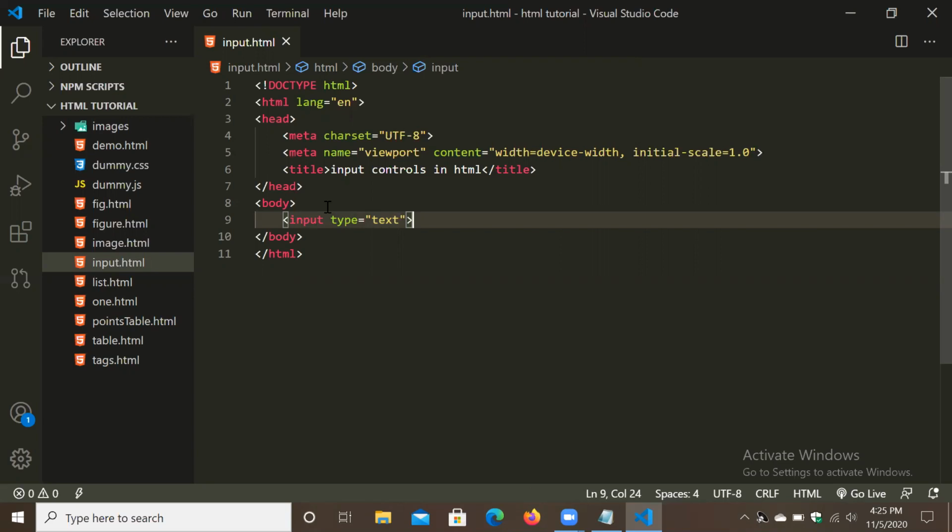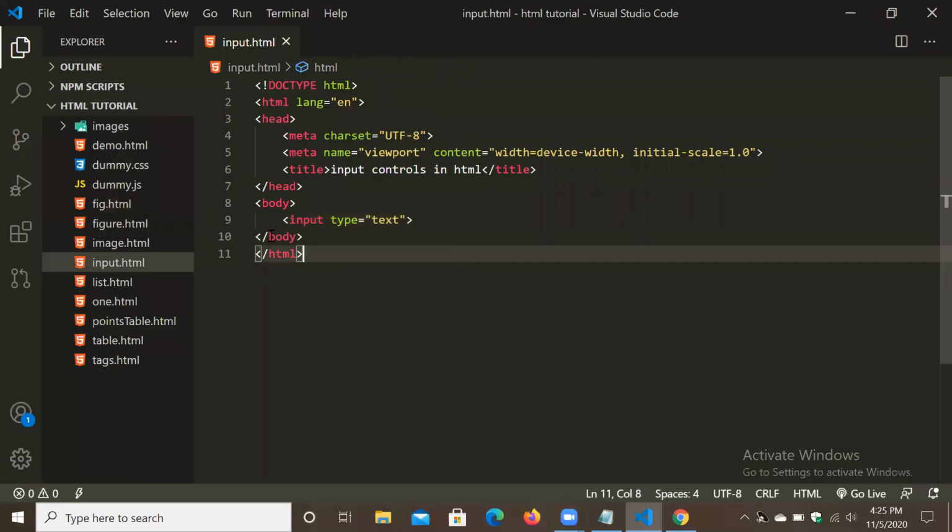Okay. I will save this, and with Alt B I will open in the browser. So we'll see what output we will get. So look, with the input type text we get an input box, a text box in which we can type. Okay.